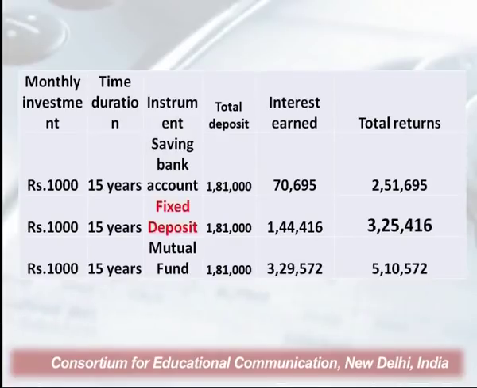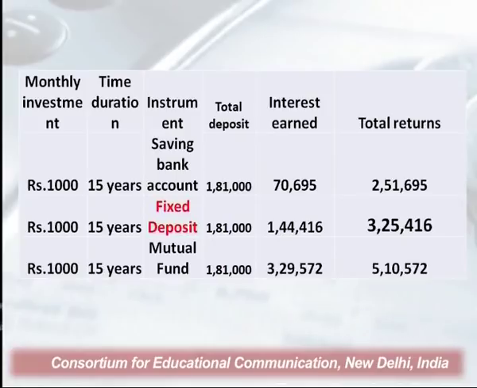Now, let's say you were intelligent enough that you took a fixed deposit, that 1,000 rupees per month, annually it becomes 12,000 rupees. So let's say you are investing 1,000 rupees per month in a fixed deposit for the next 15 years. So the total deposit amount remains the same, 1,81,000, and keeping in view the current rate of fixed deposit, we are assuming it is 7%. So the total returns which you will get, your money will become